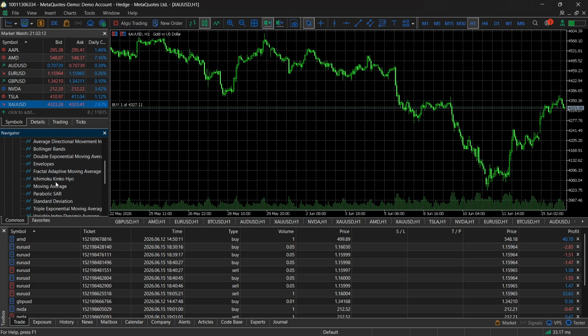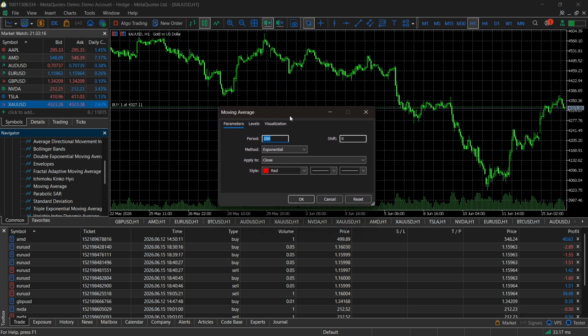In here, if you scroll down, you'll see there's the moving average. You want to double-click on it, and it's going to allow you to set different parameters. Now, over here where you have the period, you simply want to switch this from whatever it is right now to 21. And then over here, you can leave the shift at 0, and where you can see the method,